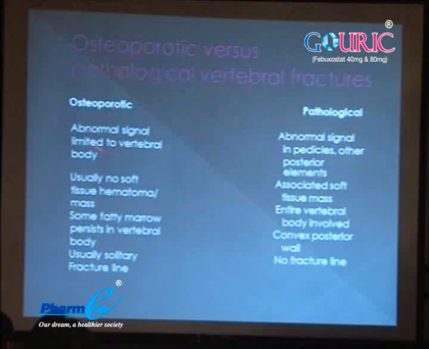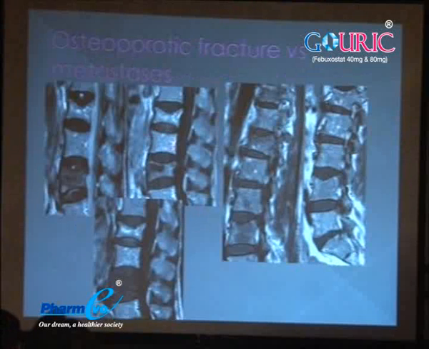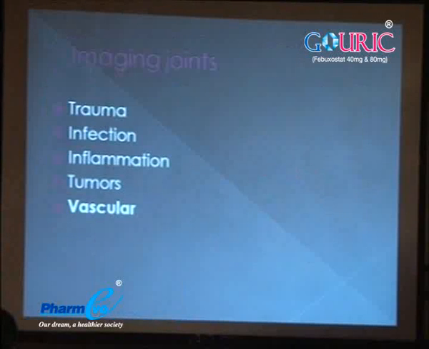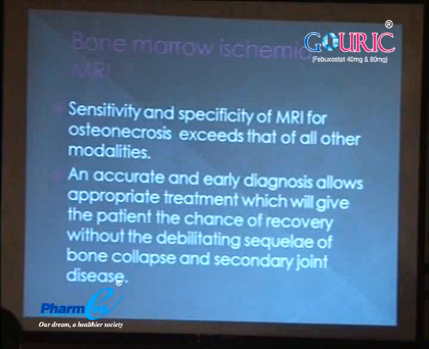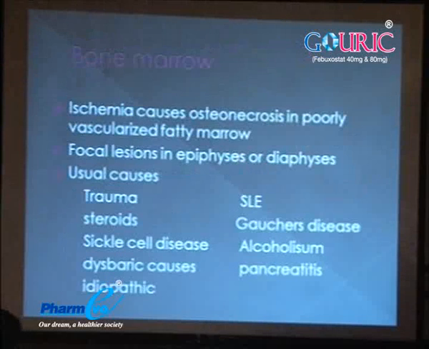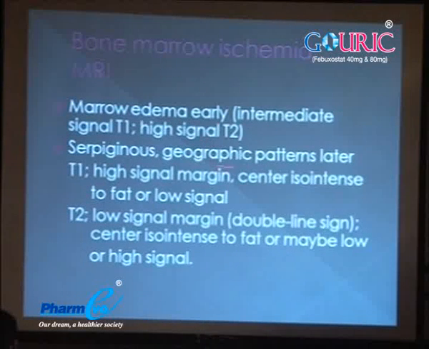Okay, bone marrow infiltration, you can look at osteoporotic and pathological fractures. There are differences there. There's a bit of fat in there, and these are metastatic deposits. Sensitivity and specificity of MRI for osteonecrosis exceeds that of all other modalities. That's an important disease to be looking at when imaging. Then you ask for MRI. Accurate and early diagnosis, of course, very important. And of course, these are all the causes for it. Marrow edema early,